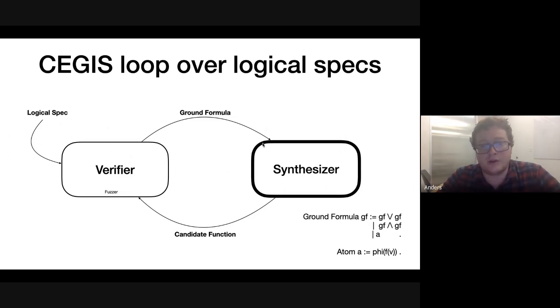And that's what we call a ground formula, which is a predicate over atoms. It's like a Boolean formula over atoms, where the atoms are predicates over the outputs for individual inputs. So the ground formula goes to the synthesizer, it will generate it all, we'll get a candidate function, send it back to the verifier, and we'll say, hey, great, you did great on 0, but actually 2 is wrong. And so we'll send 2 back over to the synthesizer, it'll generate for 2, and then it'll send it back